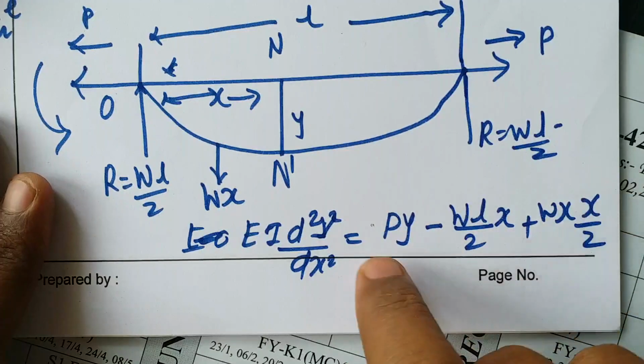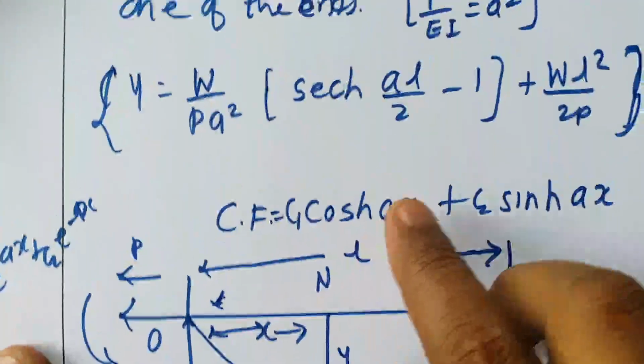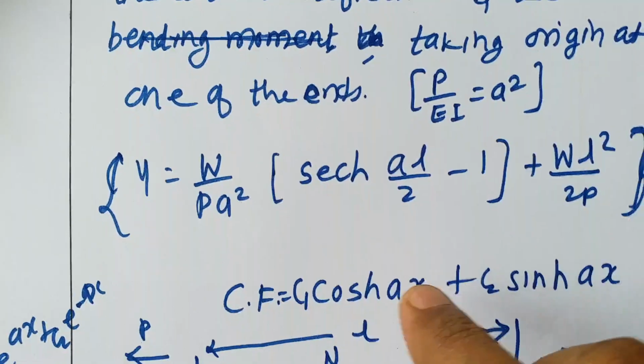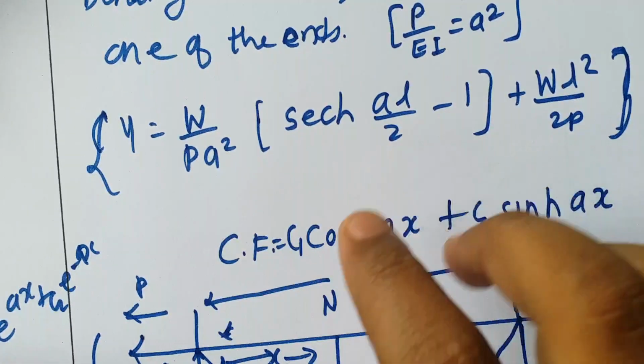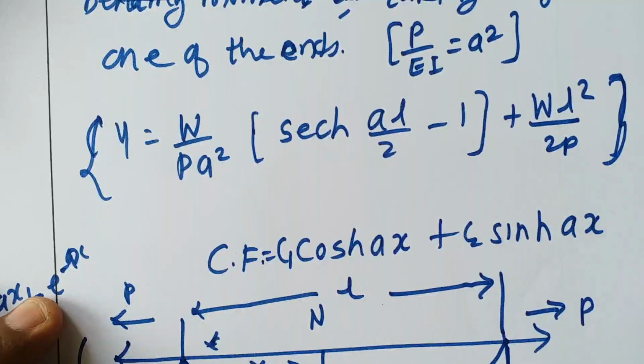This will be the differential equation. Try to solve it by considering the value of P by EI as a square. Take this as CF and try to show that the central deflection is equal to this much. So that's it for the application, and if you have any kind of doubt you can